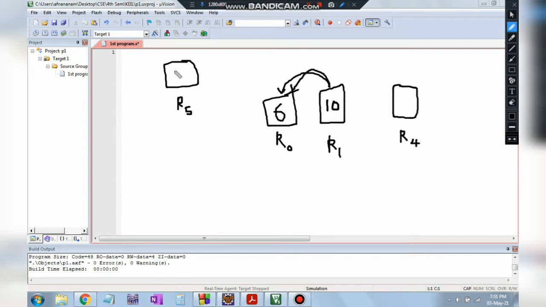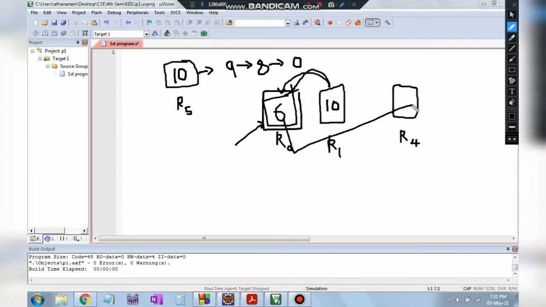So how will we know how many times this has iterated? For that we will be taking R5 as 10 initially. Then after one iteration, after you added one time, this will become 9. Then this will become 8. Each time we subtract, it will keep on decreasing. Finally when R5 becomes 0, at that time we have to end the iterations. So the whole sum will be present in R0. That's what we will be doing in this program. After we get the result here, we will be transferring the result to R4. Here we will have the result, and I will be showing you in the memory where the result is stored.